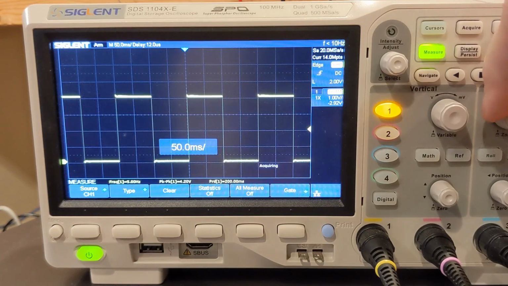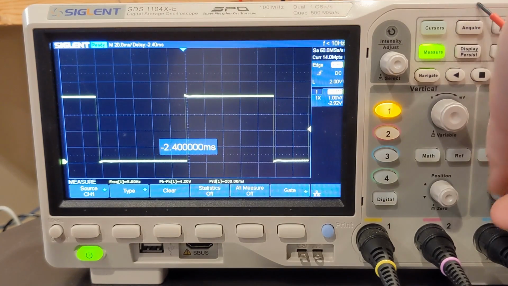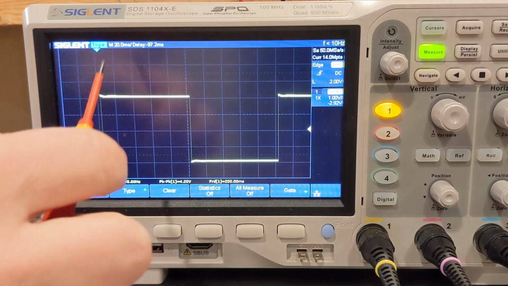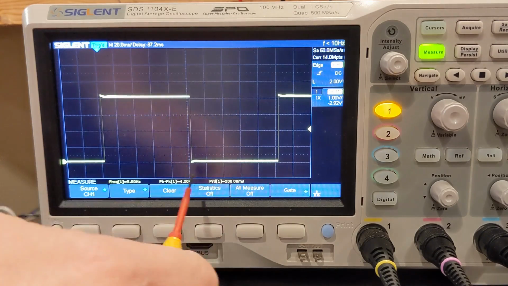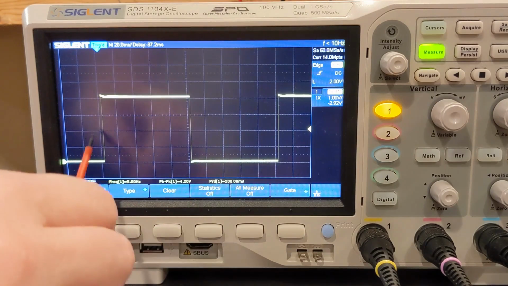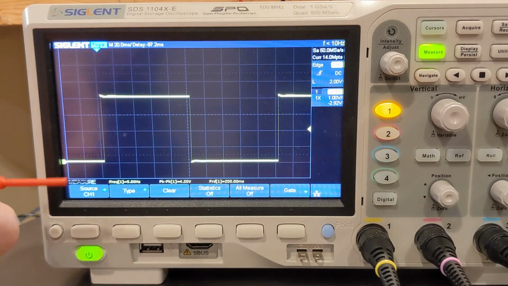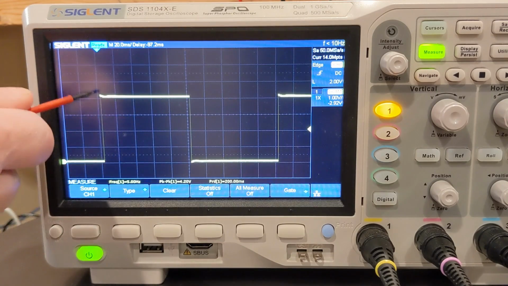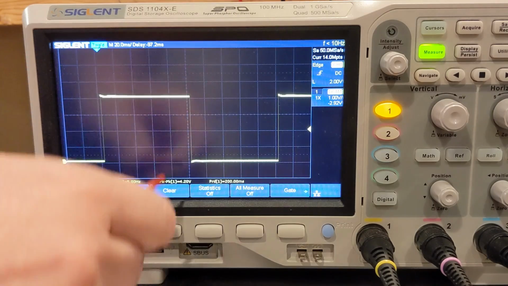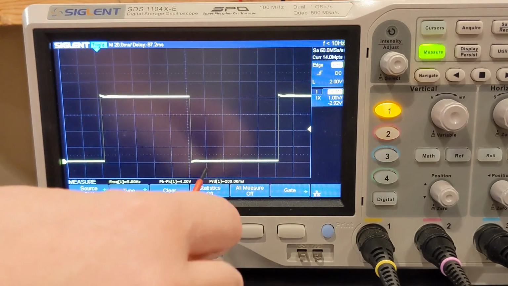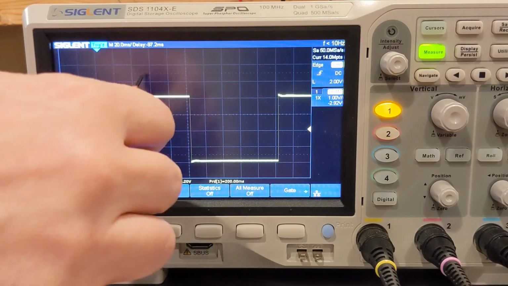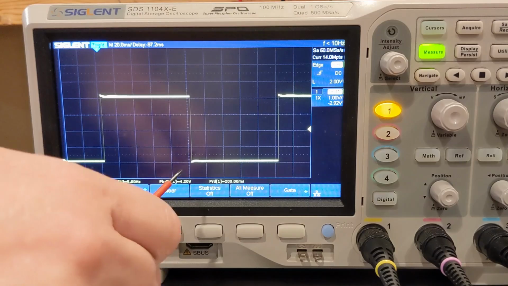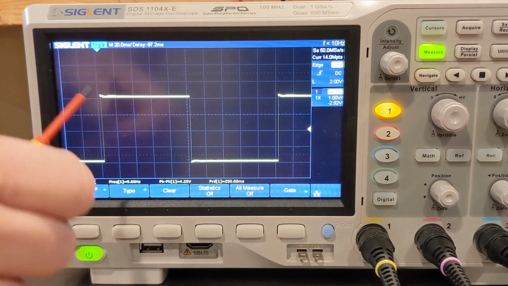Let's zoom in just a little bit. And I'm going to move the trigger to the left so that we can show one whole wave. An entire wave is a high plus low combination. So we've got this rising edge here. A rising edge means that the voltage goes from logic low to logic high. So we have a rising edge, then we have high, then we have a falling edge. Logic goes from high to low. And then we have a low period. That high, fall, low, rise, or rise, high, fall, low, whatever you want to look at it, that is one